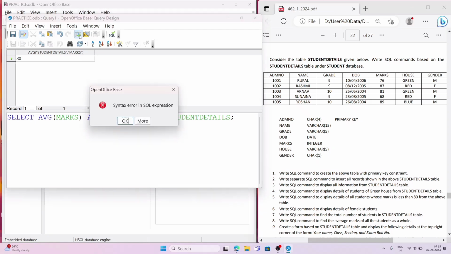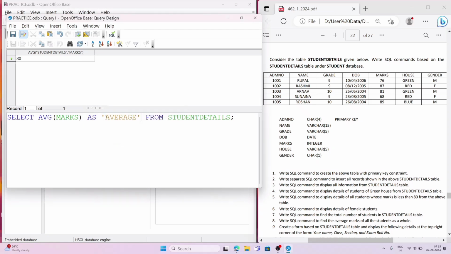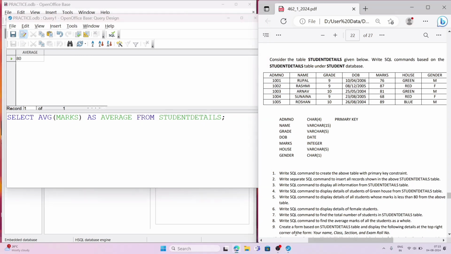Now we'll see the column name is changed. Now the column name came as average. So this way you can change the column name, but this is temporary. Okay. Then question number 9, create a form based on student details and display the details